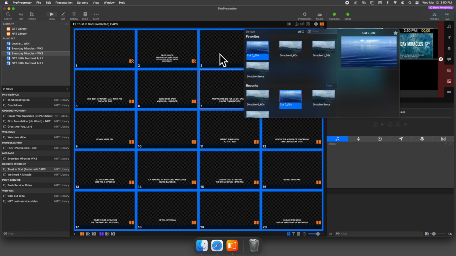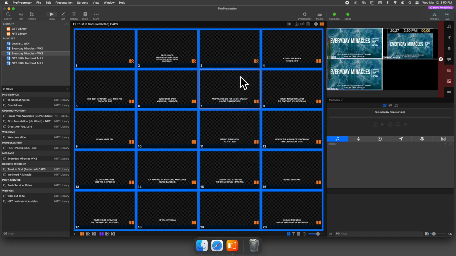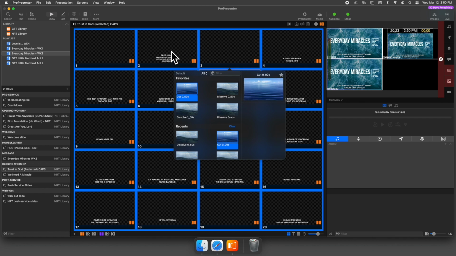And then while we have everything selected, right click again, and then we're going to go to transitions, and we're going to make them all cuts. And we'll change some of the transitions for some of these, but it's easier to do them all at once before moving into something else. So